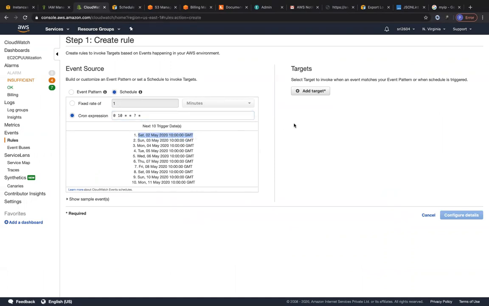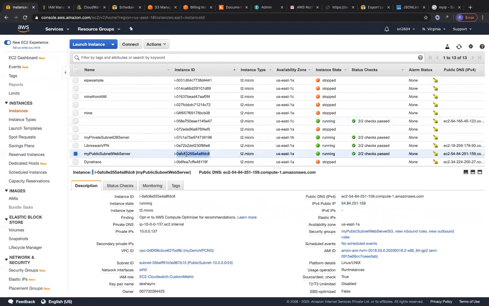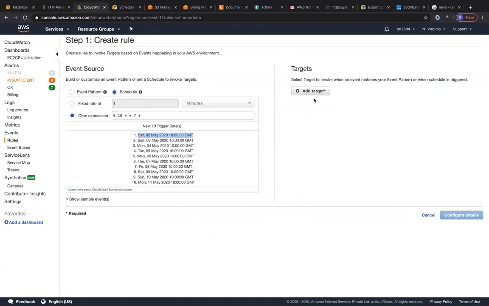GMT, right? And the target that I can add for this is I can add an instance ID, which would be pretty cool, right? Because when you're working in an organization, you have so many instances that are being launched, but then your organization's working hours itself is going to be only from 9 a.m. to 5 p.m. and so on. And some dev and test machines can also be stopped so that you don't incur a lot of cost. So for that particular use case, you can use a schedule based event.